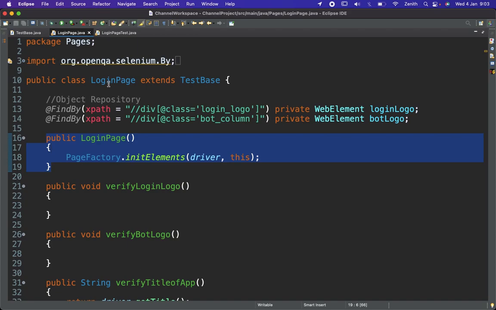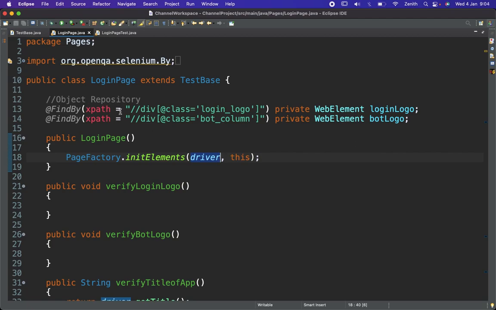As we know that we are going to create the object of this particular page class, so whenever we create the object, at that time this constructor will be called, and this particular XPath will be connected with the driver,